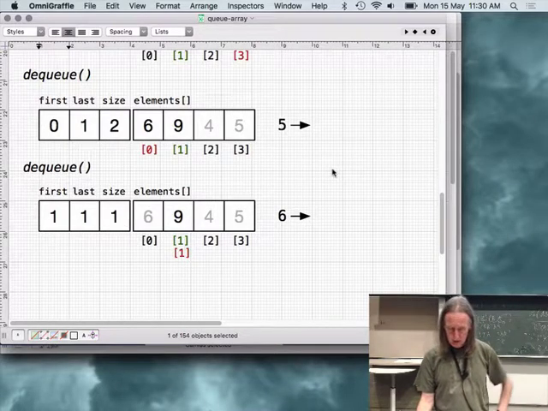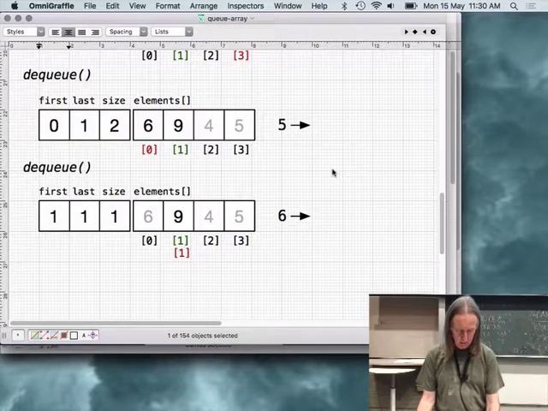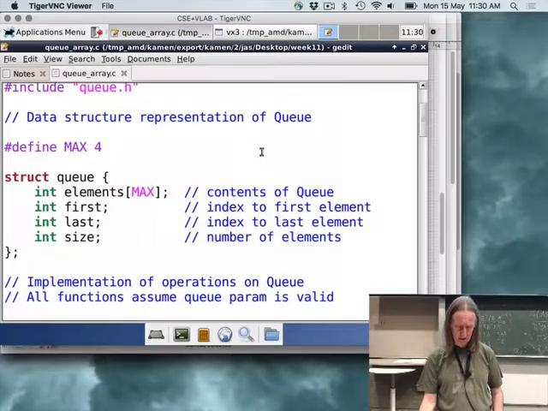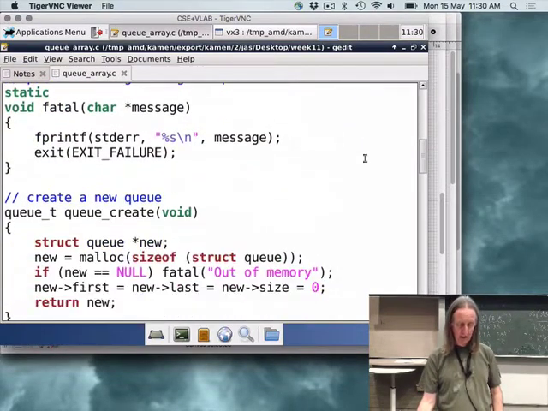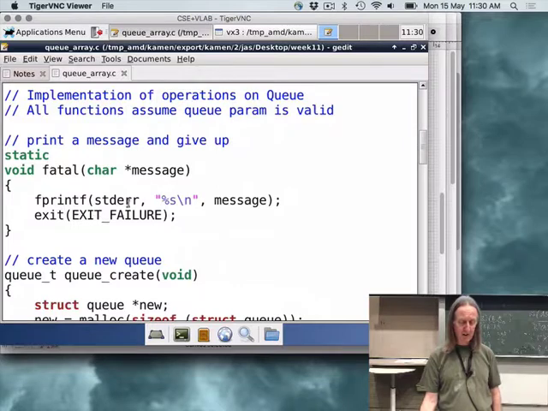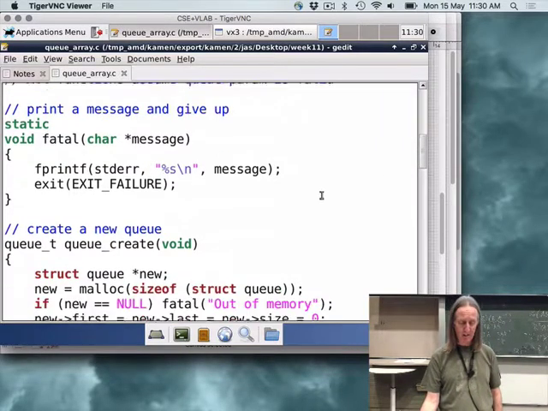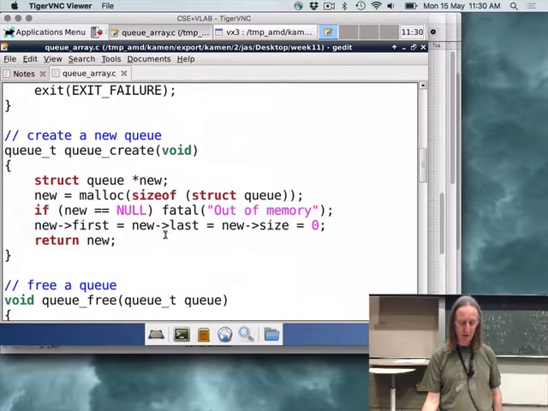Alright, so let's go to our code. So that's how the queue is intended to work. Alright, so I've got this fatal function that I had last time, so that just prints a message and quits the program if something terminal goes wrong, for example, you try to create a new queue object and you can't.